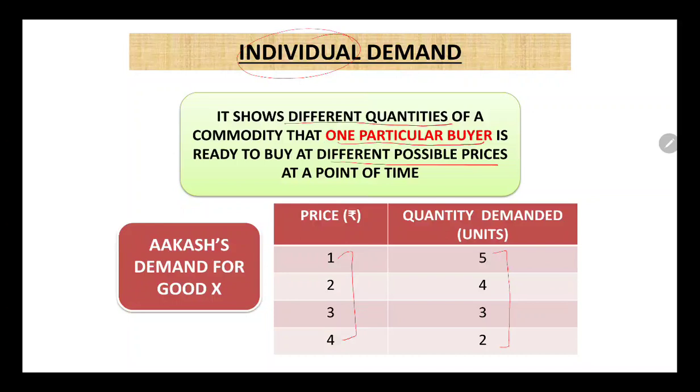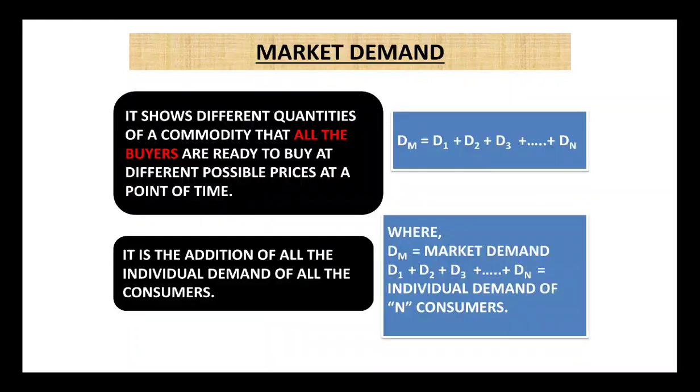We are studying the consumer's pattern. Demand will always be required by a buyer. That could be in any form. That buyer could be an individual, that buyer could be an individual firm also, right? And market demand, it says when all the buyers, when all the firms are demanding the quantity at the respective prices, right? And this is very, very important, that market demand is the horizontal summation of the individual demand curve,